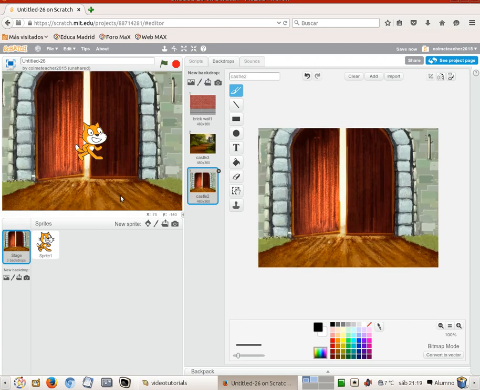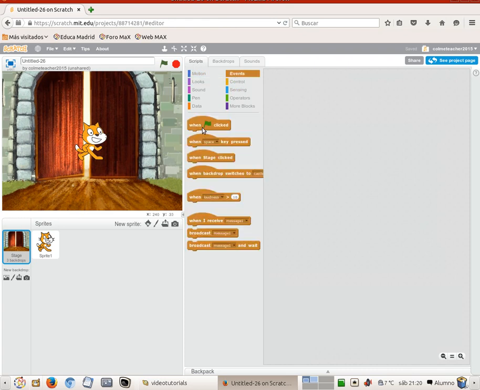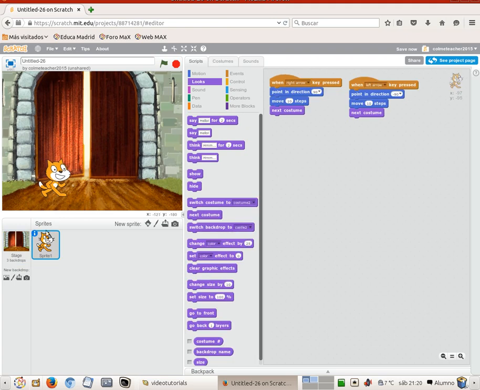Then I'm going to use the stage script to say that when everything starts, we will start at the brick wall backdrop. So switch backdrop to brick wall 1. That's it. And now place the cat there,